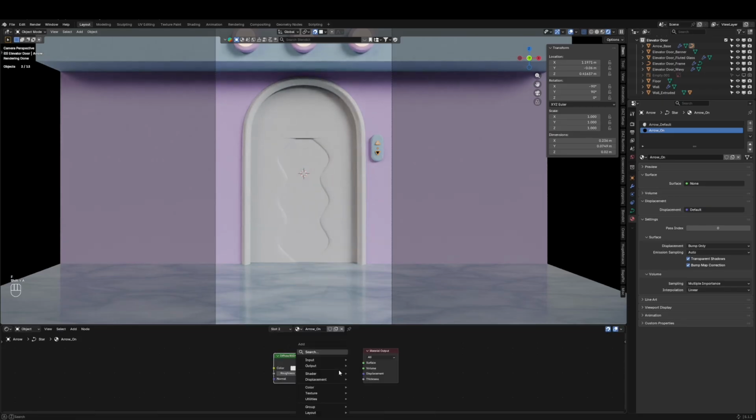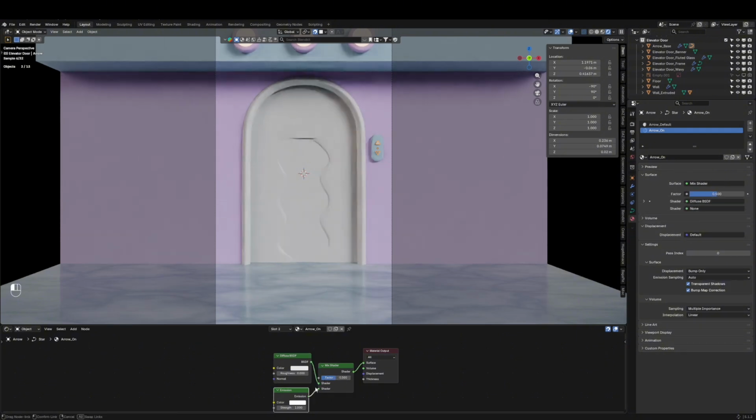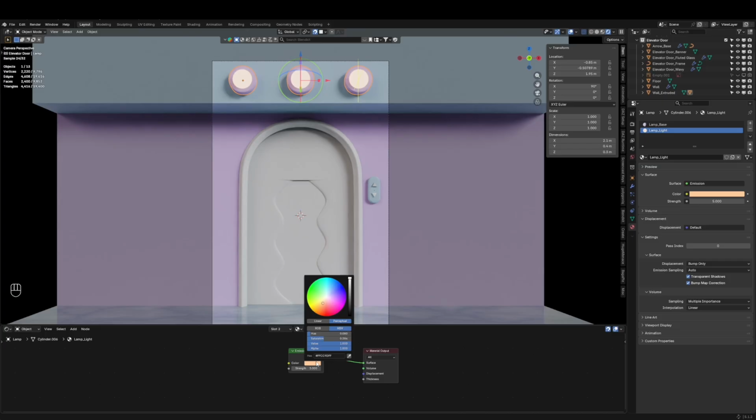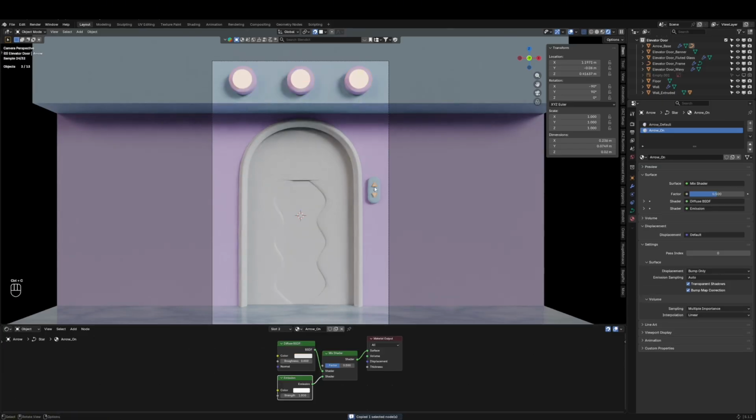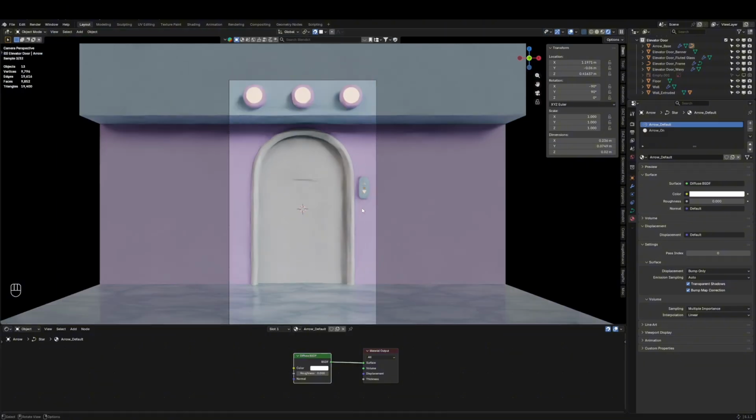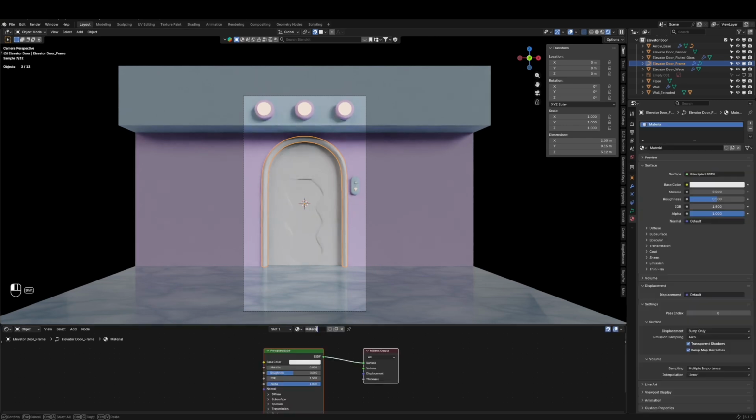Okay, and this diffuse BSDF, and then emission, mix shader here. This is important because we're gonna use this factor for the animation. I think I'm gonna use this color again. Let's just copy it and paste it like that. You can see that, right? Okay, and is this white? No, I need to make sure it's white like that. Okay, let's move on to this